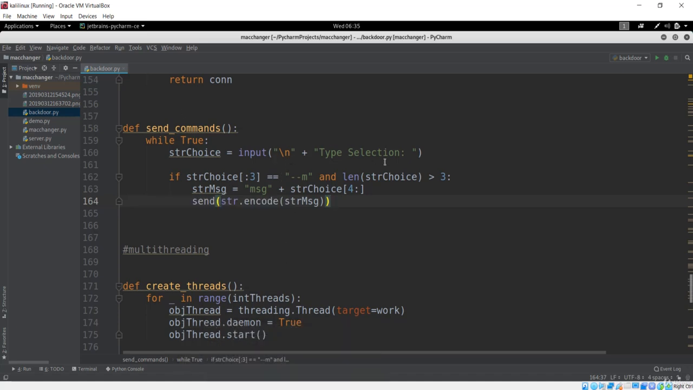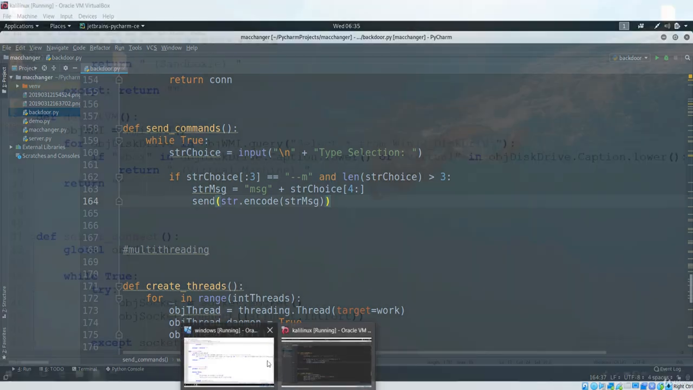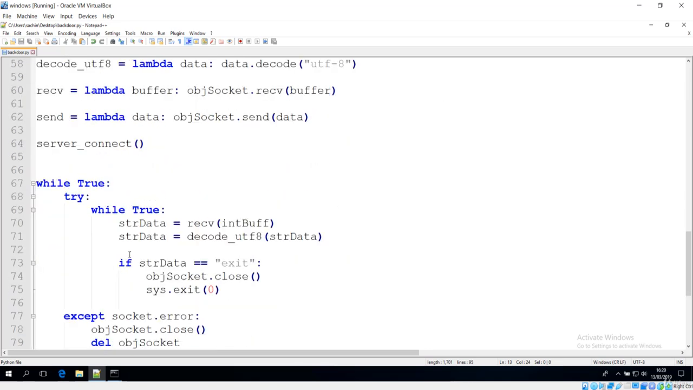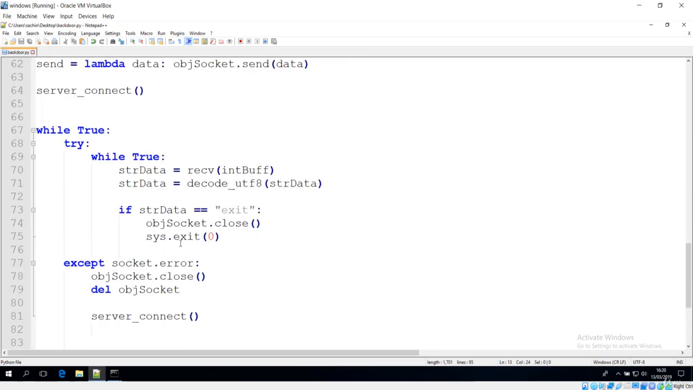Before that you can see that there is a type selection. And okay, so let's go over here, and in the Windows what we're gonna do is basically this is our backdoor.py in this client, and let's see how we are just going to implement that. So first of all, we'll just go to this while true, because this is where you have to see this